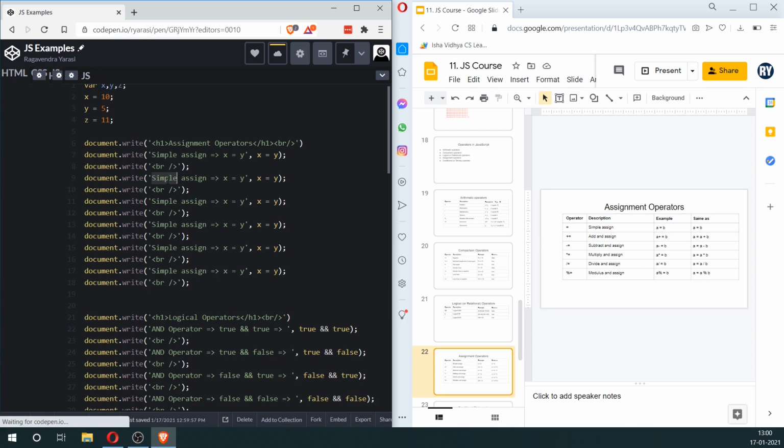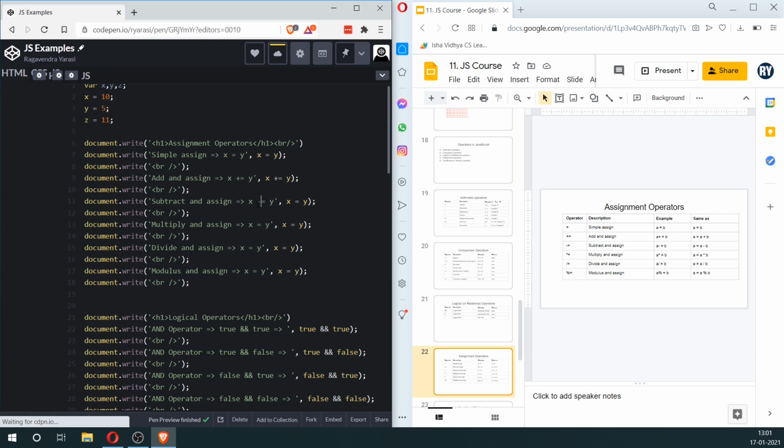So the second one is add and assign. So here we would say x += y, and x += y, and here we'll say subtract and assign, multiply and assign, divide and assign, modulus and assign.